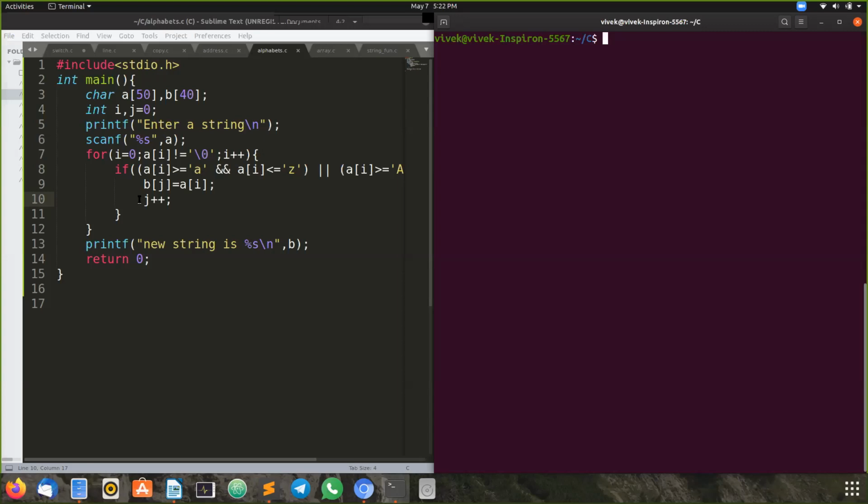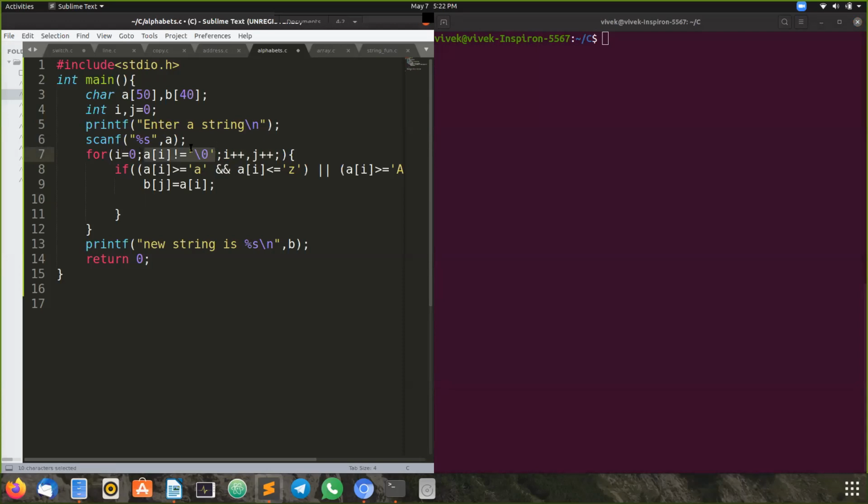And do you know one more thing? We can write this j plus plus here also, because as it is the last statement, we can write it here. So if you want to write multiple statements, we use comma. Here also we can initialize multiple values, but the condition should be one.